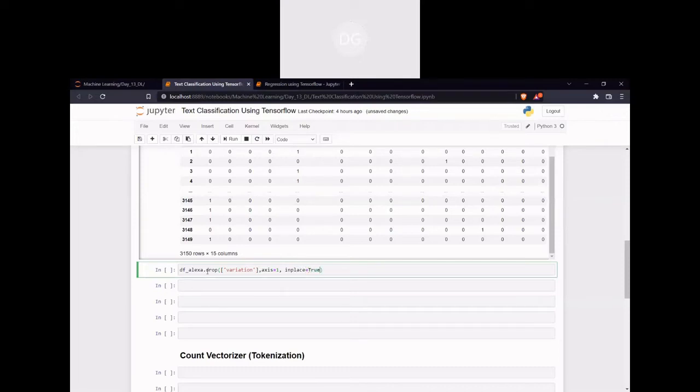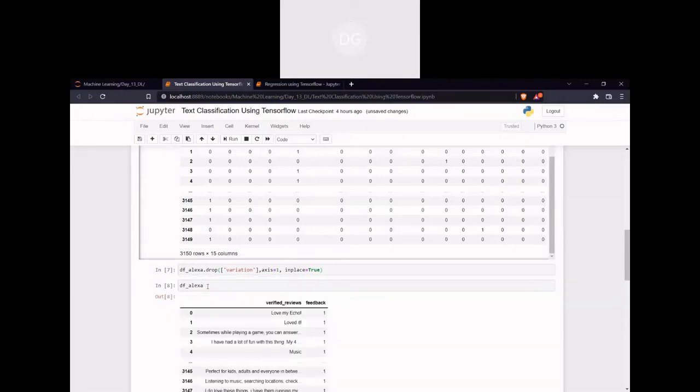Otherwise you can specify it as a new df. Now if I go and check my df Alexa, our variation has been removed from our actual data set.